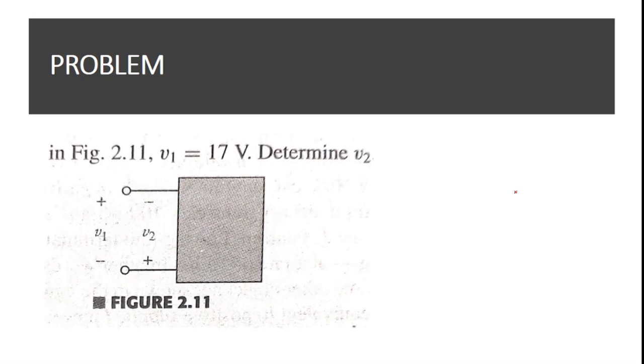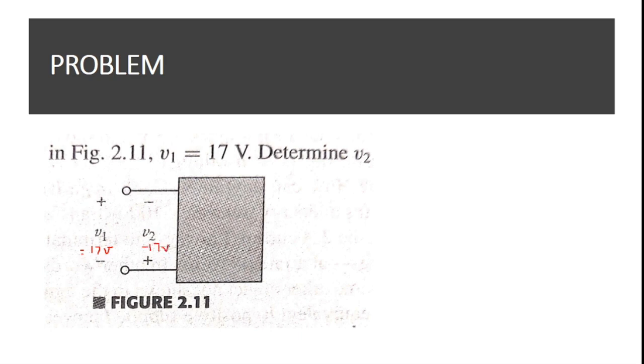Now we will do a small, very basic problem based on this. In this figure, the voltage V1 is given to be 17 volt. We are asked to find the value of V2. Here, this terminal is positive and this is negative, but V2 is the inverse of it. This terminal is negative and this terminal is positive, which means if V1 is plus 17 volt, then V2 must be